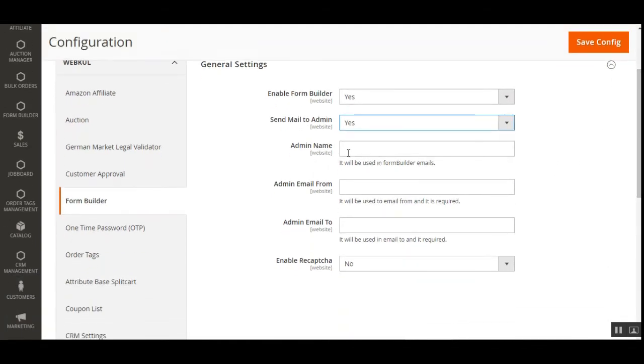So the very first one is the admin name. So the admin just needs to enter his name. That would be used within the form builder email. Then the admin needs to enter the admin email from. So here the admin will enter the email to be used in the from for the form builder email notification. Thereafter we have the admin email to. So here the admin just needs to enter the email to be used in the place of to for the